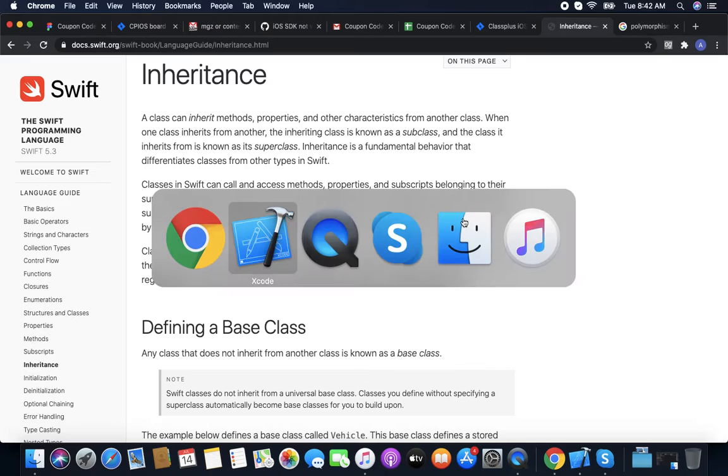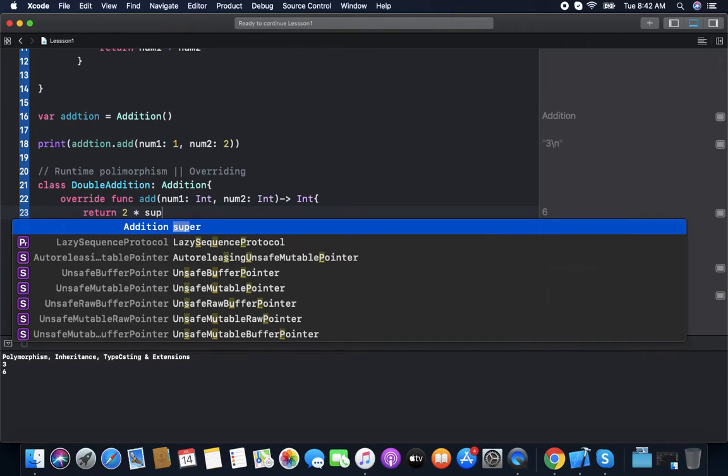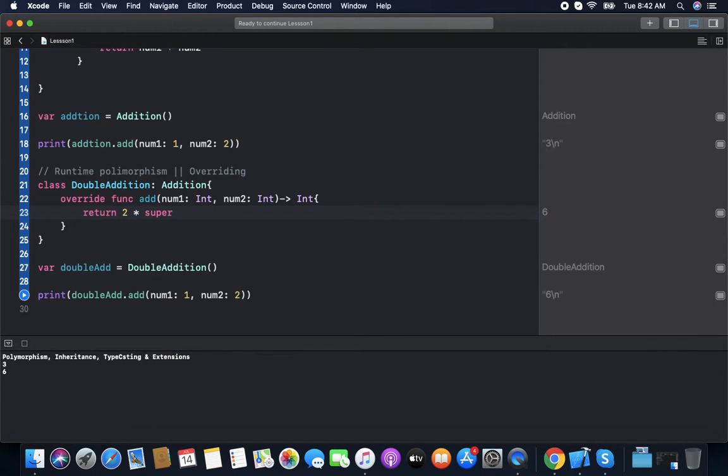So one more thing, we can access the instance of itself by using self. Same like we can access the instance of the superclass using super. So we can use the super and add.